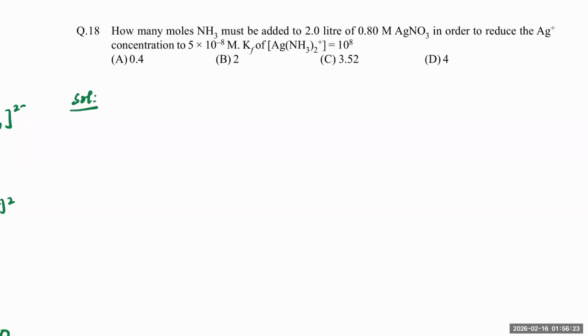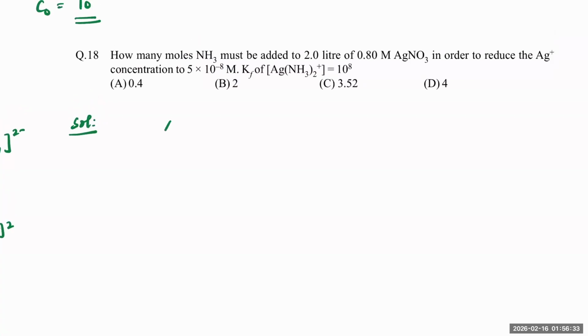How many moles of ammonia are to be added to this AgNO3 in order to reduce the Ag+ concentration to this amount? Okay. So basically we have AgNO3 plus 2 moles of NH3 here. That will give us Ag(NH3)2+